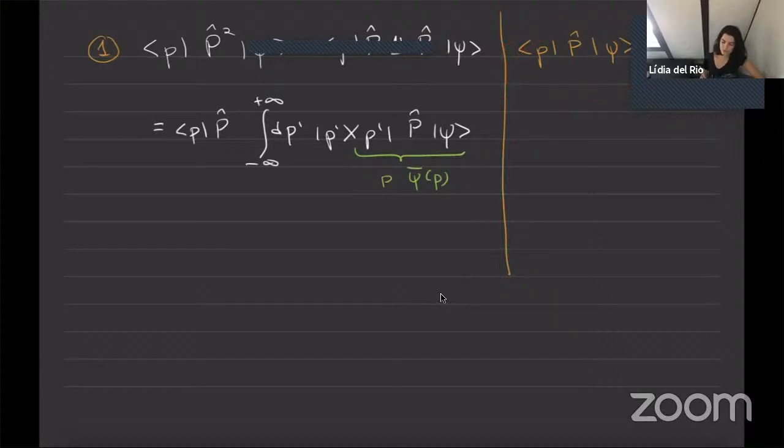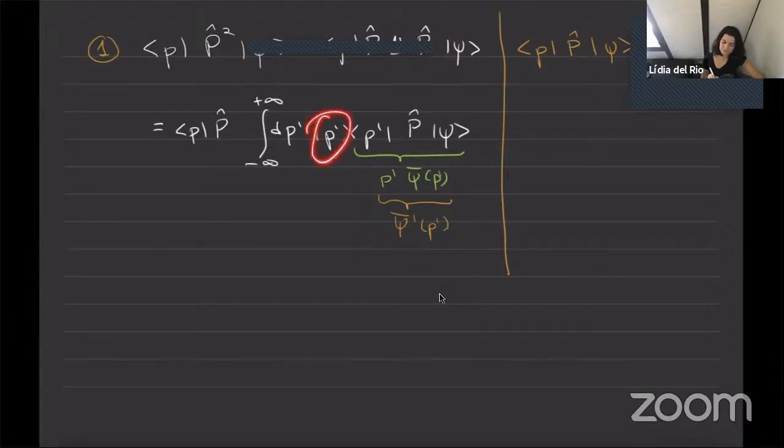So then what we do is to define a new state. So we call this one, oh, I missed some dashes. Dash. Good. We call this a new wave function because it's just a number that is multiplying this vector, and then this is just a number. So we give it this name,